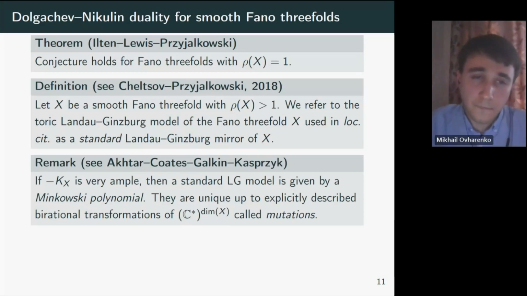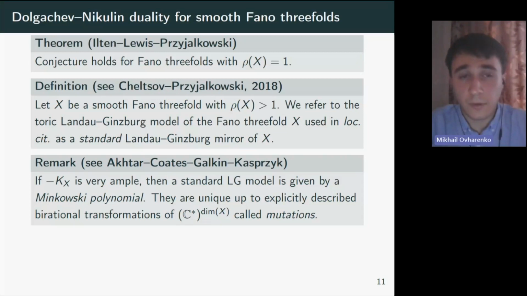because if the anticanonical class is not just ample but very ample, which is the majority of cases, then its standard Landau-Ginzburg model is given by something called a Minkowski polynomial. I do not want to give a strict definition, but it is a Laurent polynomial of dimension 3 with reflexive Newton polytope